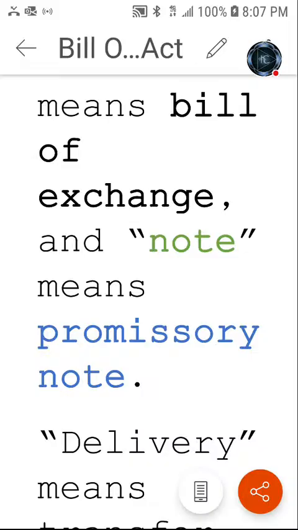Once they send you that notice allowing you to redeem yourself,